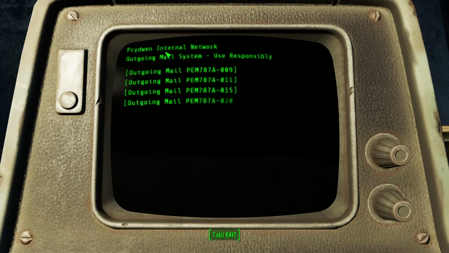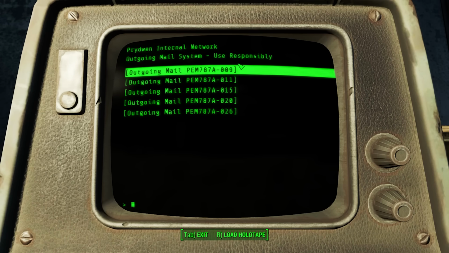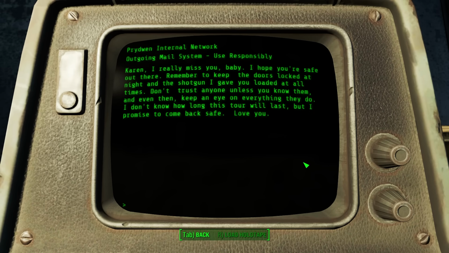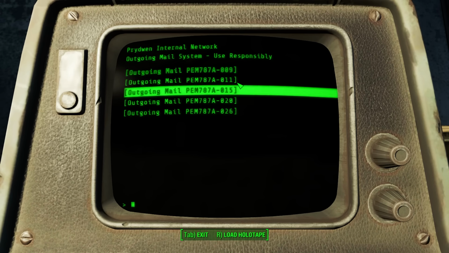The Prydwen in Fallout 4 also sends emails to the Capital Wasteland, and since it's floating up in the sky, there's a chance that it does this via radio waves, similar to Hawaii's first network, which was established in 1971, called AlohaNet, because of course it was.